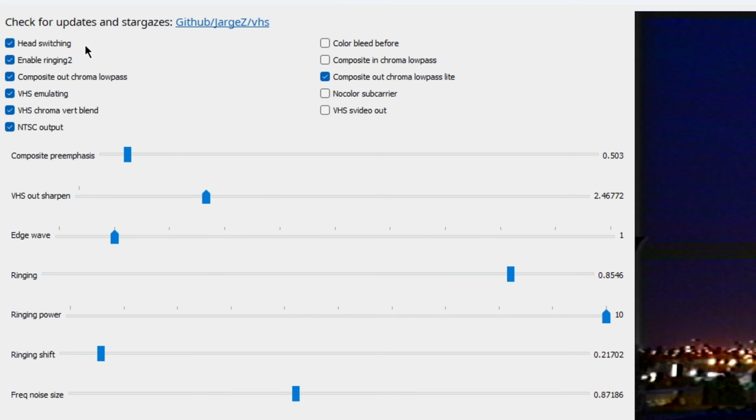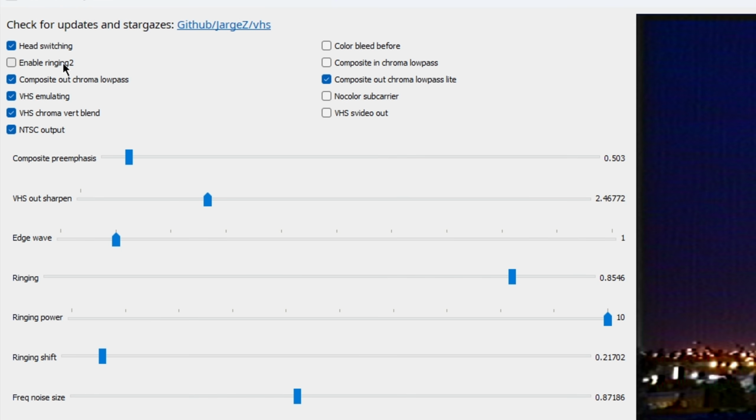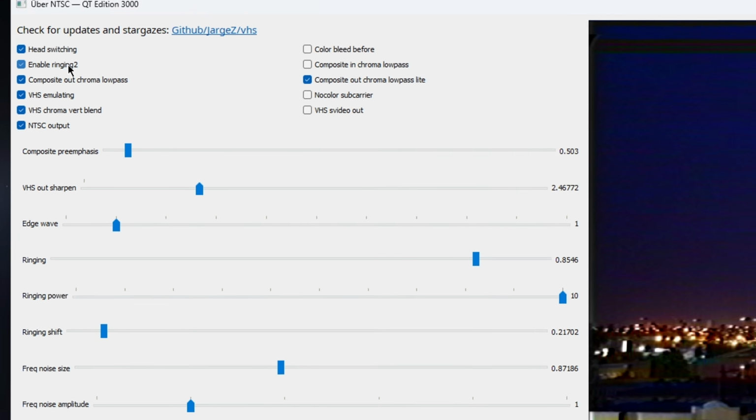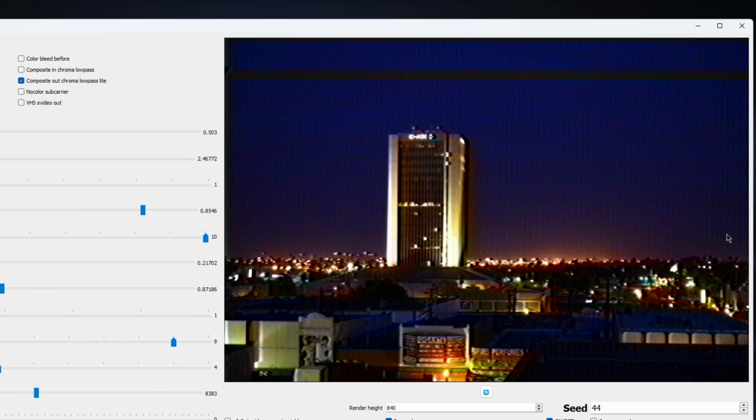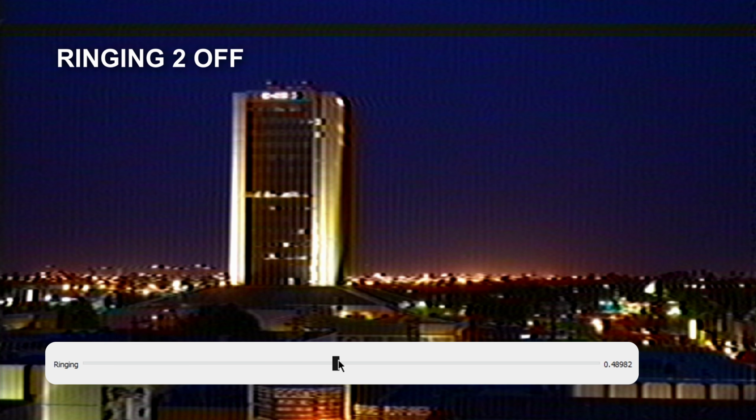Alright, so I already kind of explained what head switching is for. It adds the little ripple in your video signal. Ringing 2 is basically just a different variance of the ringing effect. So ringing 2 is on by default, and when you turn it off, it's a different ringing effect. When you have ringing 2 disabled, you will definitely have a more noticeable ringing effect, and yeah, you really mess up the